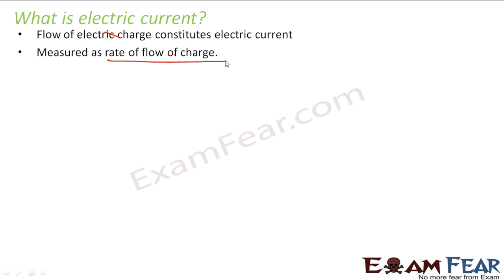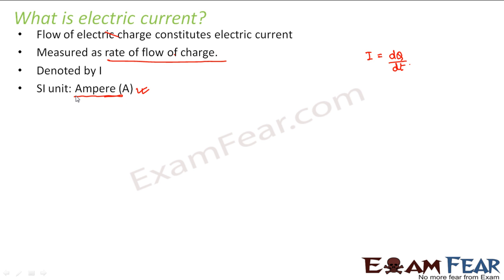So electric current is basically measured as the flow of charge per unit time. Right? Let us suppose I denote electric current with I. So electric current is nothing but the time rate of change of electric charge. We can write it as I = dq/dt. It is generally denoted by capital I. The SI unit of current is amperes, which is denoted by capital A.